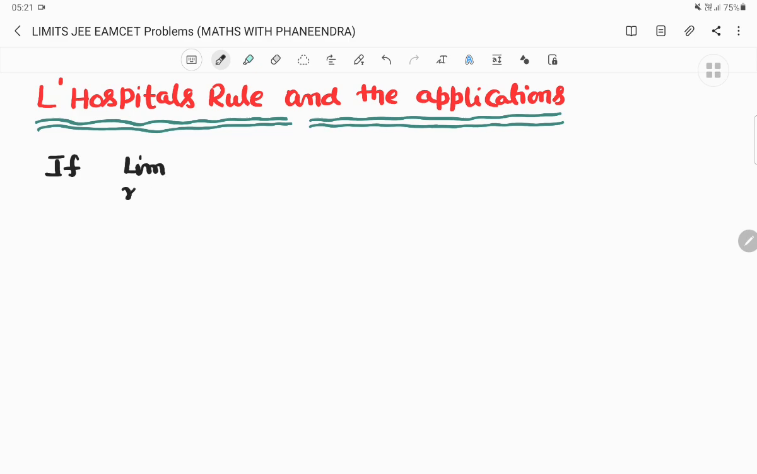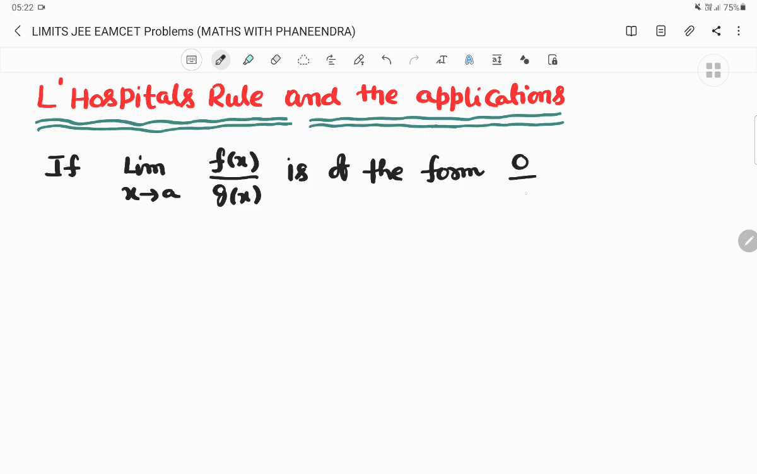limit as x extends to a, f of x divided by g of x is of the form 0 by 0 or infinity by infinity. These forms are called indeterminate forms. Whenever we get this form,